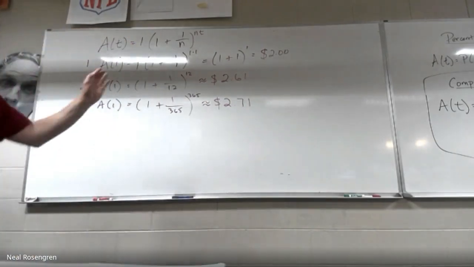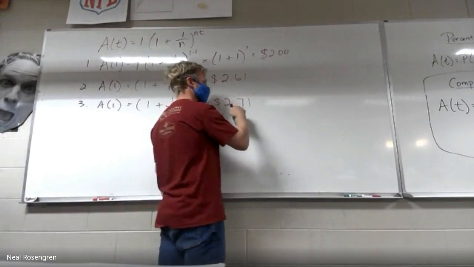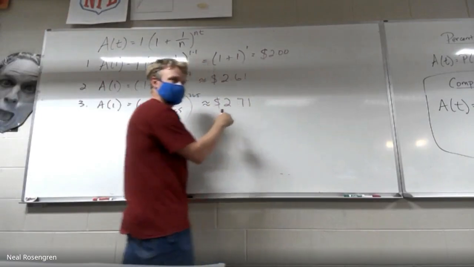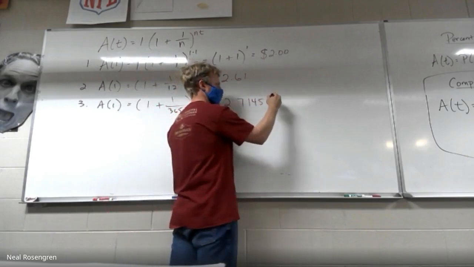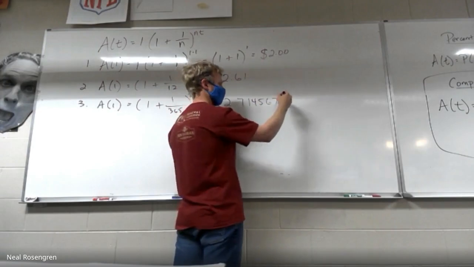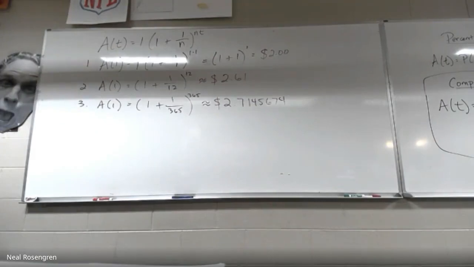Now, were there more decimals after that? Yeah. Give me a couple more. 2.71. Anybody have it still sitting there? Jared, what do you got? 4, 5, 6, 7. That's cool. Let's do one more. 4, cool. So 7 decimal places. It's way more accurate than money ever is, but just to see what kind of changes we've got.